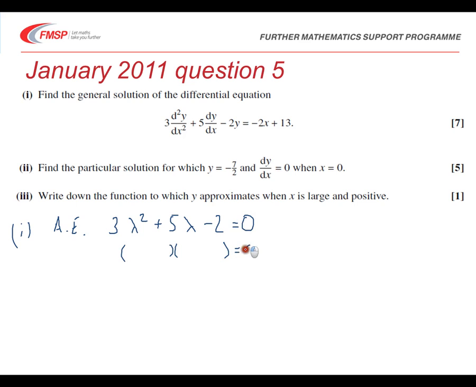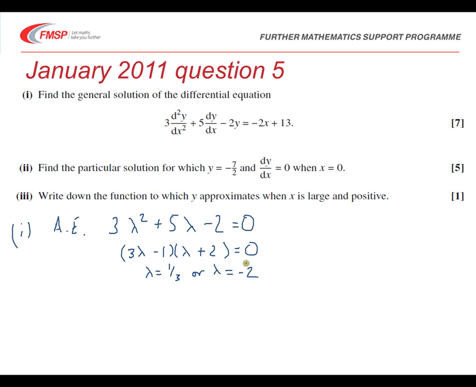You would expect it to, you're going to hope it either factorizes, or if not, gives some complex numbers, but 3, 5 and 2 look fairly promising, and 3 lambda and lambda. Minus 2 is going to be minus 2 and plus 1, or plus 2 and minus 1. Well, plus 2 here and minus 1 there gives me 3 2s are 6, minus 1 is positive 5, and that's factorized. So our solutions then are lambda equals a third, or lambda equals negative 2,